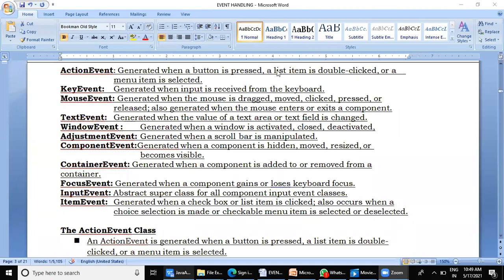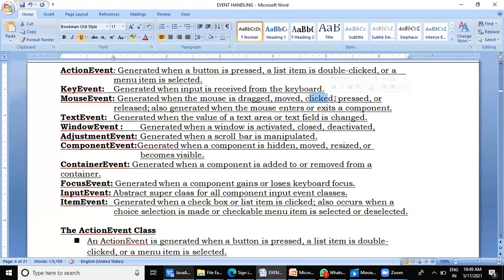Yeah, yeah. So here you have the third class, called mouse event. It is generated when the mouse is dragged. Remember, mouse move and drag are two different things. What I am doing with my cursor now is mouse move. And what do you mean by drag? Press, keep it pressed and drag. It is something like this. When you press and drag, the text gets selected. This is called mouse drag. So a mouse event is generated when the mouse is dragged as well as when the mouse is moved.